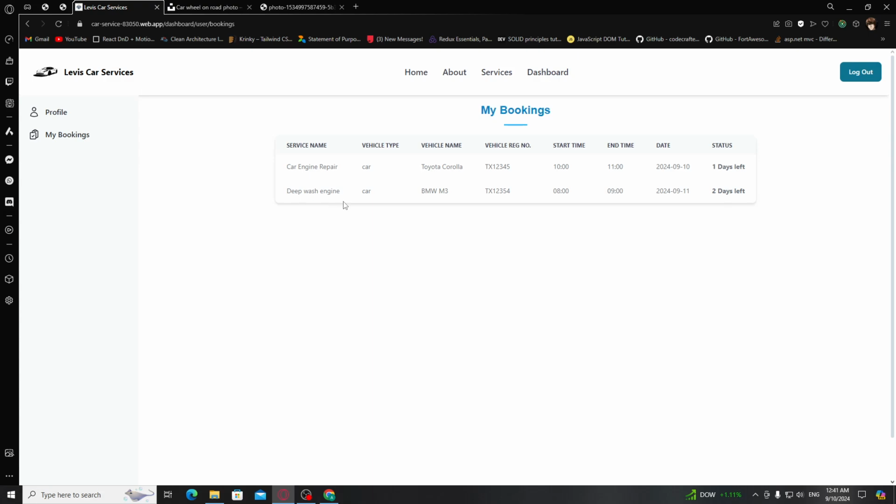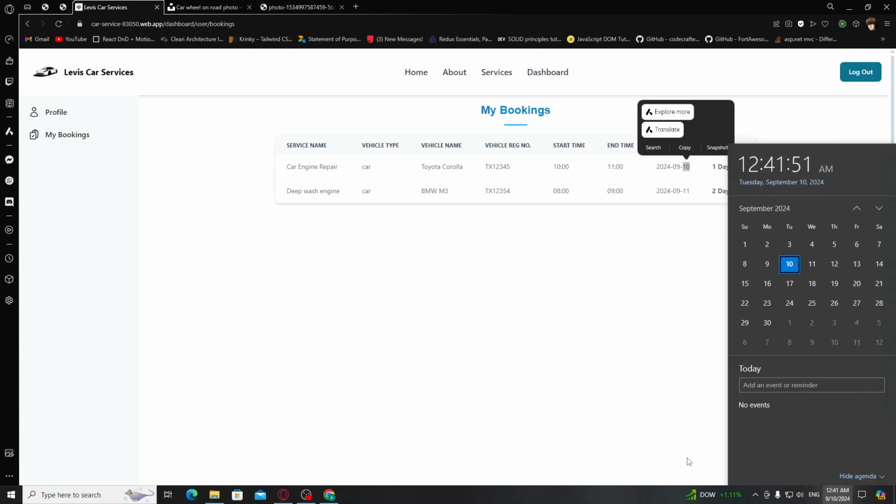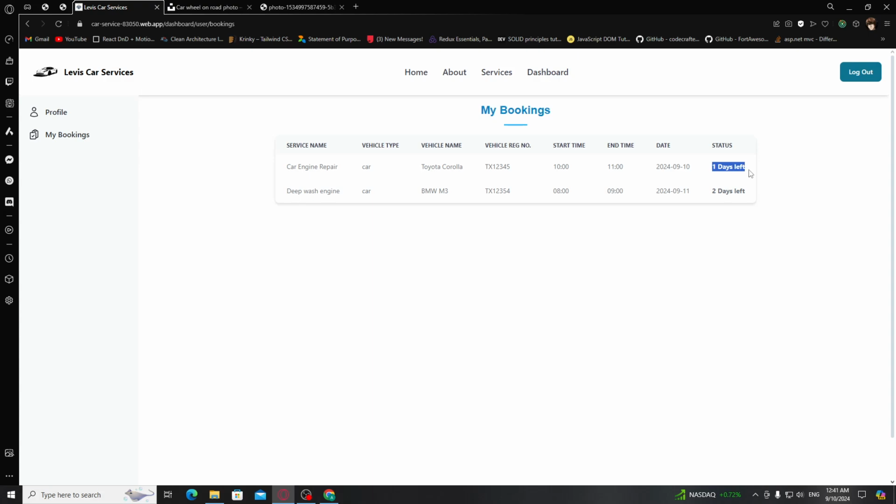I have told you before that we have the bookings page which contains the booked services for the user, and this user has booked 2 services, and one will take place on the 10th September. Today is 10th September, but for some reason it's showing 1 day left, and another one is on 11th September. It's showing 2 days left. Alright,